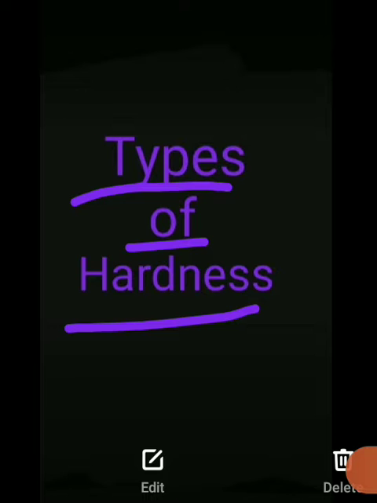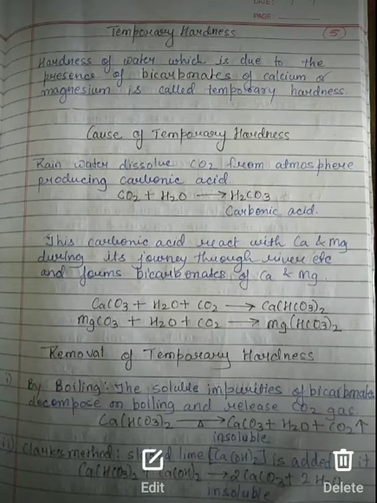Just recall what hard water is. Hard water is one which doesn't readily form lather, and there is also the presence of chlorides, sulfates, and bicarbonates of calcium and magnesium, which make the water hard. Because of the presence of these, it is called hard water. Now on the basis of this, it is divided into two. Let us see. The first is called